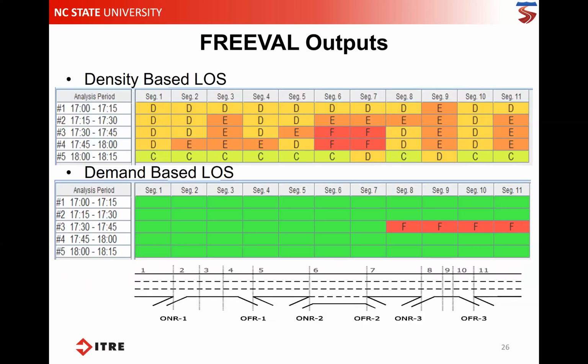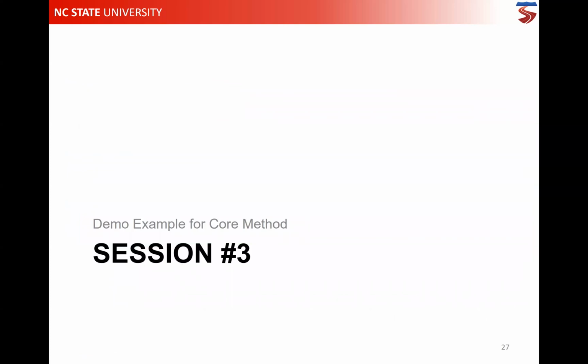Finally, with the HCM, we define 2 levels of service, one based on density. You can see here upstream of segment 8, we have a high density queue on segments 6 and 7, and also based on demand to capacity ratio, we can see segments 8 to 11 are operating at level of service F as well. All right, so that completes the first